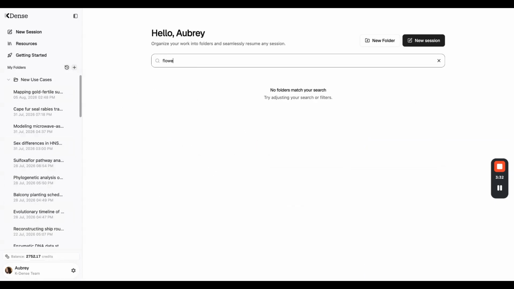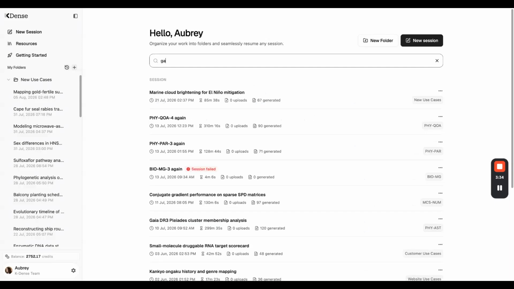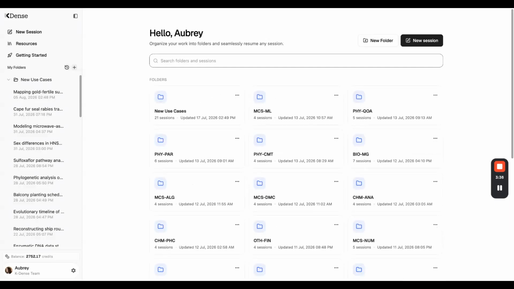So maybe flower or garden. I know I've done some garden ones. You can use this to search for past use cases, past sessions that you've run. The caveat here is that this search is connected directly to the session title. So if your keywords are not in the session title, which is what you see here,